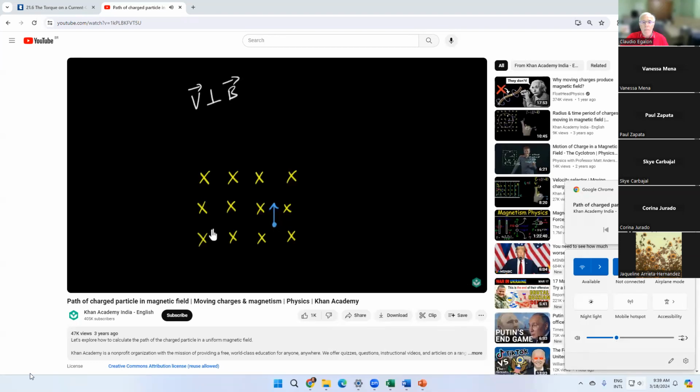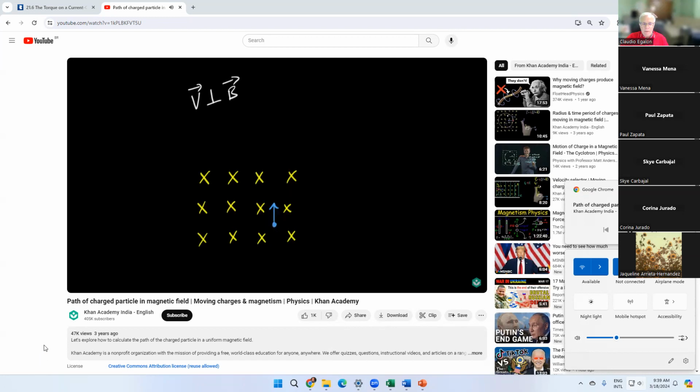I want to now know, in this case, what's going to happen to the proton? How will it move? Will it keep moving straight or will it turn? What is the path that will be taken? How do we calculate that? Well, to calculate the path of any object, we'll have to figure out the force acting on it.